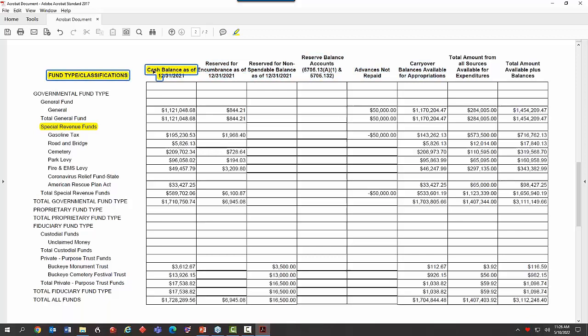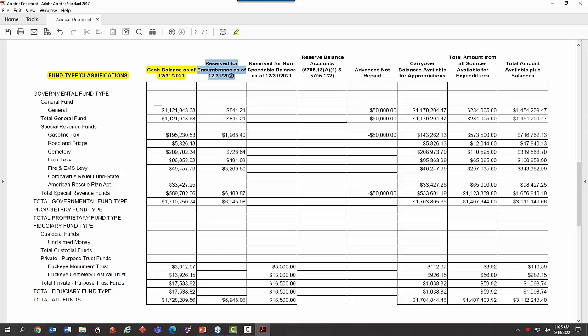So this is your actual cash balance as of December 31st and January 1st. It's the same number. Every single one of these funds closed with this figure. So I'm telling them this is the real fund balance, but there are things that adjust it. That's why it's called the unencumbered fund balance, because this is simply the fund balance. If you had carryover encumbrances, they would be listed in this column.